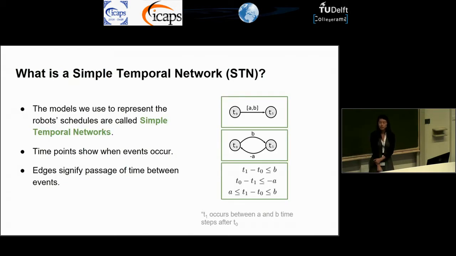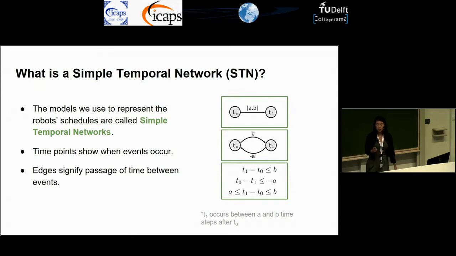So the particular schedules we're looking at here in our research are simple temporal networks, or STNs, which essentially consist of a set of time points and a set of binary constraints between those time points. On the right, it just shows a graphical form where the points represent the time points, the edges represent the constraints, and the edges signify the passage of time between events. In addition, there's also a 0 time point, which just represents the absolute beginning of time that everything else is